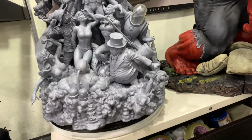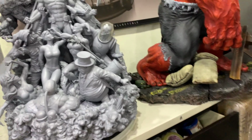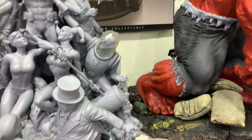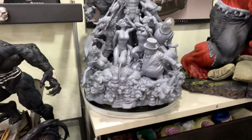So I remember I saw a post in the XM group saying that the Mr. Freeze sculpt has been tweaked a little bit. Is that the final one or is that the previous one? We've not actually tweaked anything. Oh, you haven't? Okay. What we did talk about was